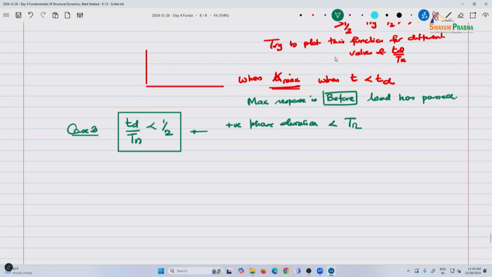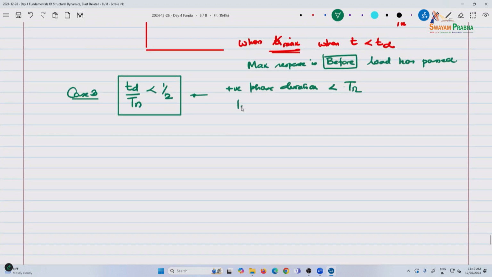It is a very low time duration. Here the max response, again you can try putting those same expressions, and if some of you create that graph, you can show it to me or share it with me. So, the maximum displacement occurs after